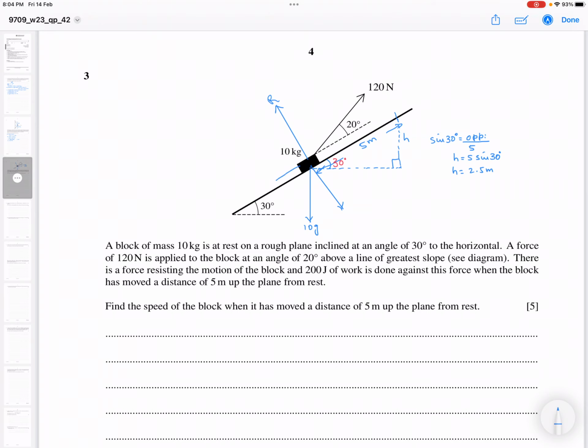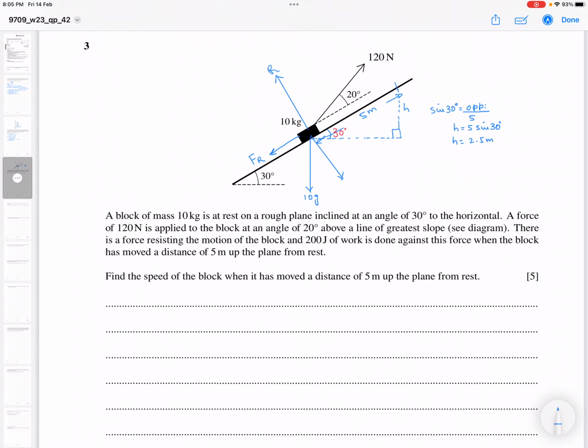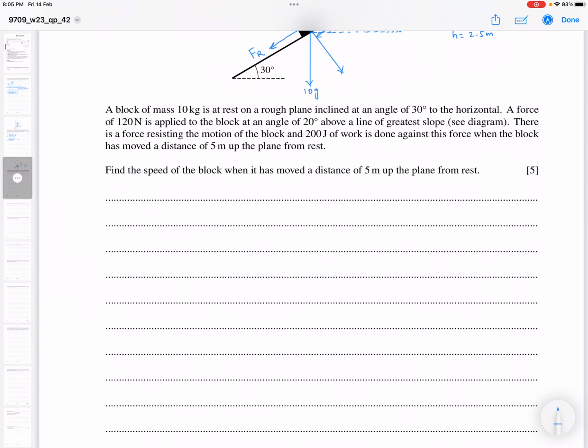So in the opposite direction I can say this is my resisting force, so I write it Fr. So let's try to solve it. We are going to use the work energy principle method, and that is work done